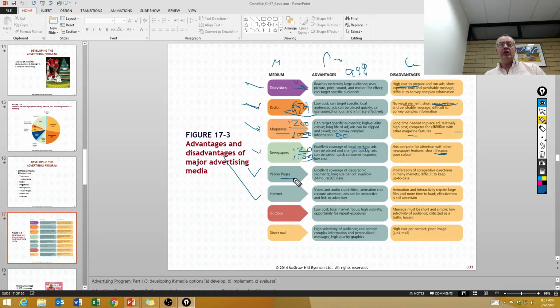Okay, Yellow Pages. We all know what Yellow Pages are, and they're available 24/7, 365, so that's a positive thing. The good thing about Yellow Pages is that most houses have a copy of them, and they usually focus on local ads. And you may say, hey, does anybody actually use the Yellow Pages anymore? Because don't people use the internet? If you're interested in buying something, don't you just go on the internet